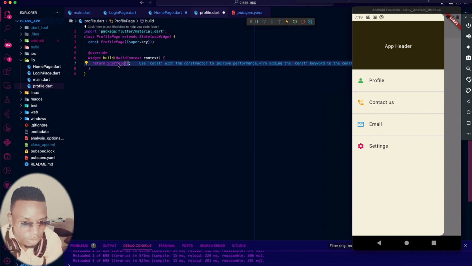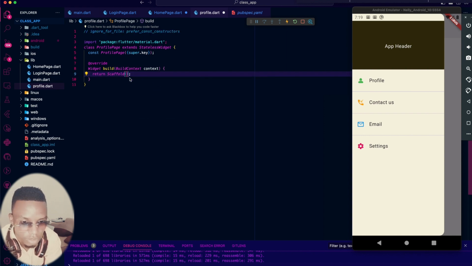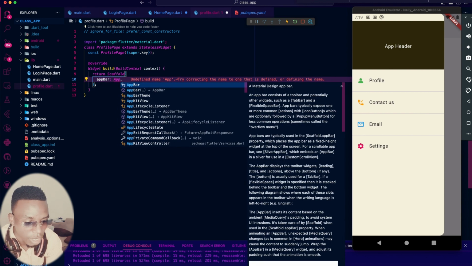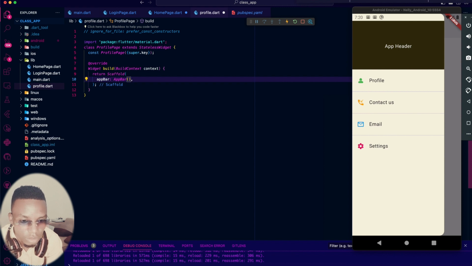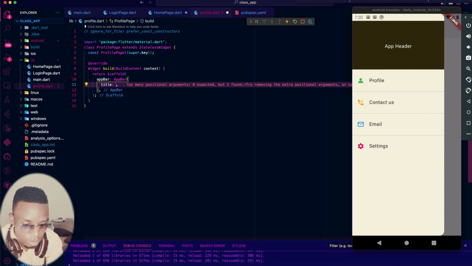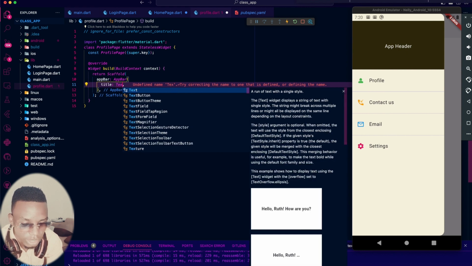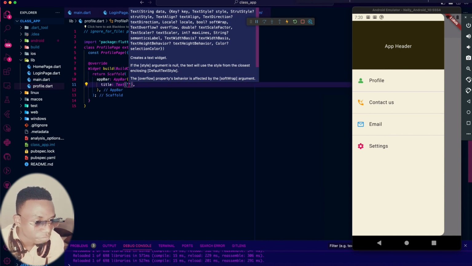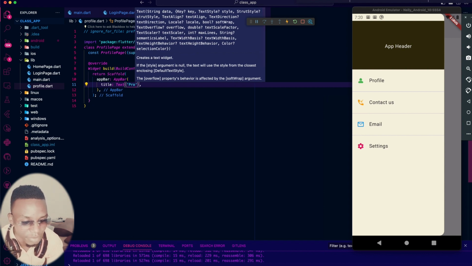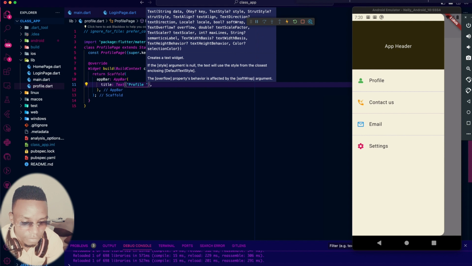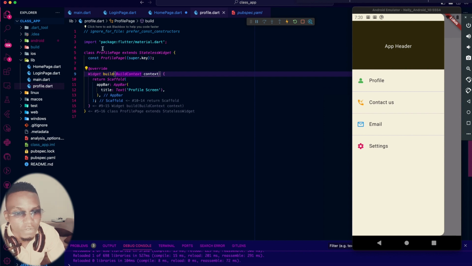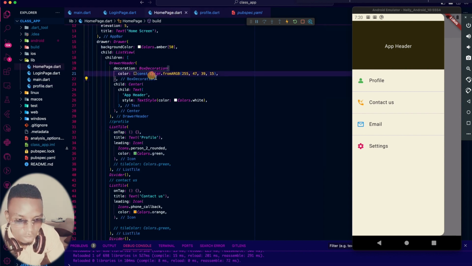Inside the scaffold, I don't need these blue lines, so I'll say inside the scaffold, create an app bar, then inside this app bar I'll come and say give it a title. So this title, I'll give it a text widget, and I'll say let's give it what, profile, yeah, because we are dealing with a profile page, profile screen. So in case I need to navigate to this profile page, I'll just go to the home page